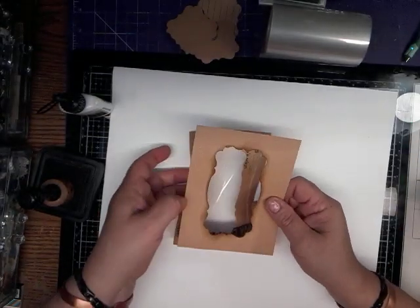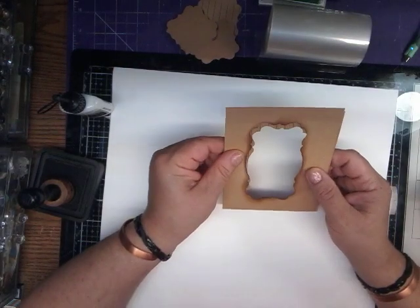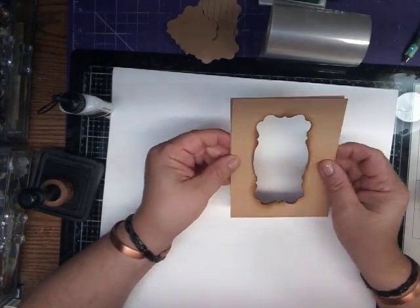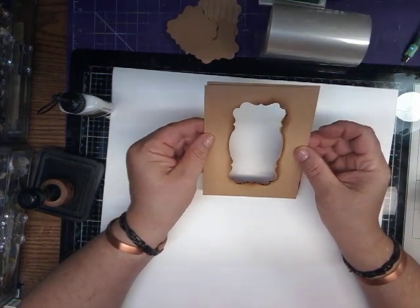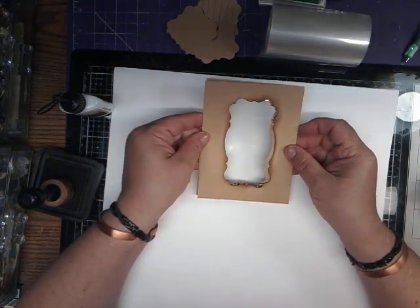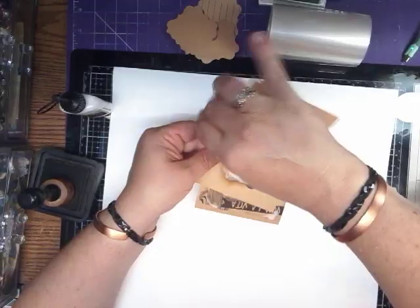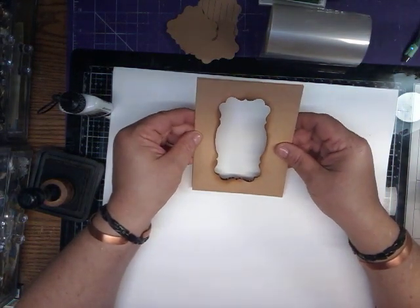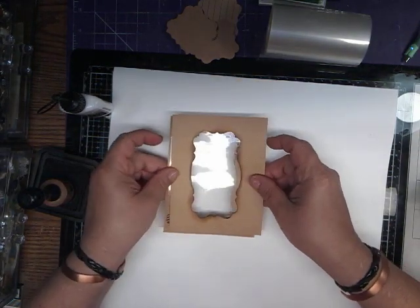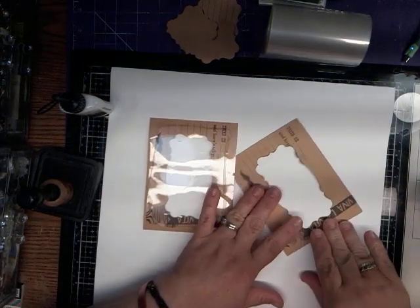Oh, I don't have vellum on here. Duh. Okay, so which was my... because I moved them all around. Now I don't know which is which. See, you have to cut them so that you know which is the right way to glue them back together. So this would be the right way. So I'm just going to turn it over this way,